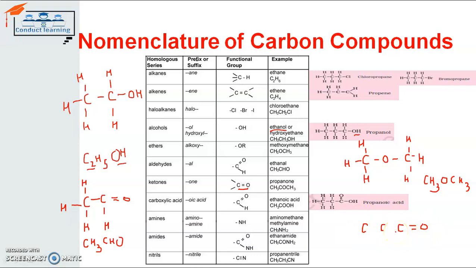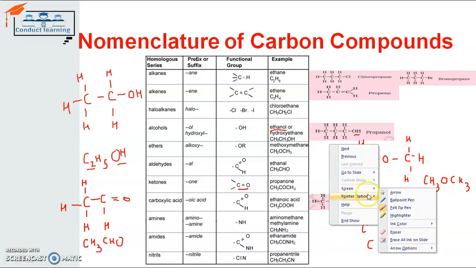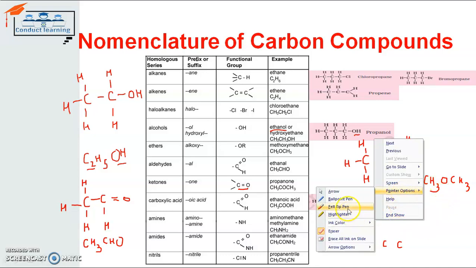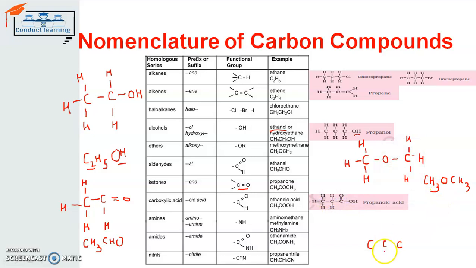So how will it be done? Let's see. This functional group will come in between these 2 carbon atoms. So C, and C. I need a space, so that's why I rubbed that above part. So I just need to rub it, and I have to write it again. So accordingly it will be like that. In that, oxygen will be right below it, because it's a functional group, so that's why it will be in the center.